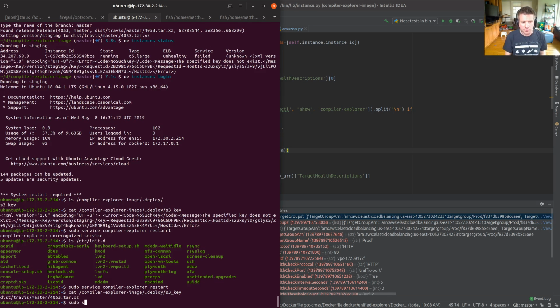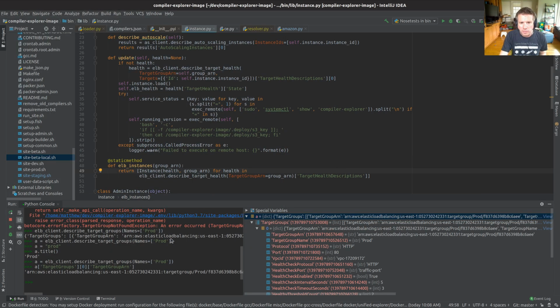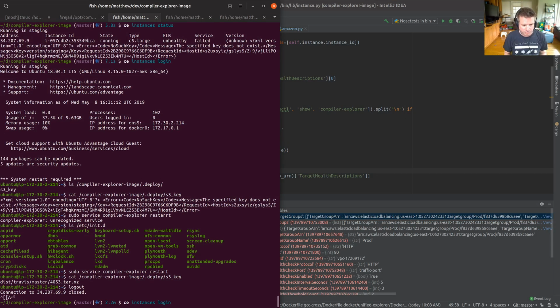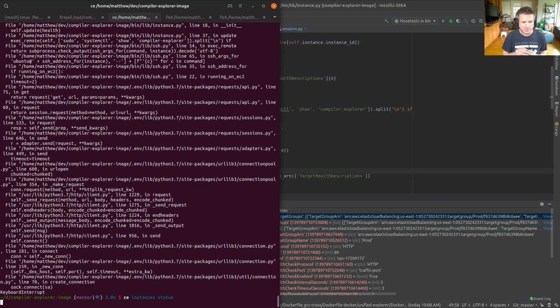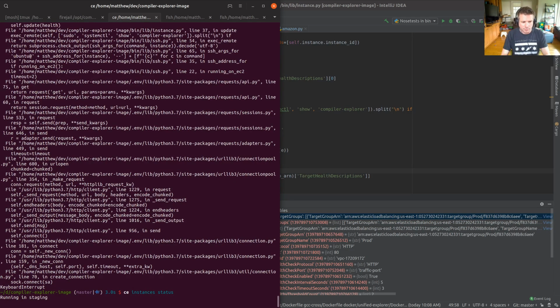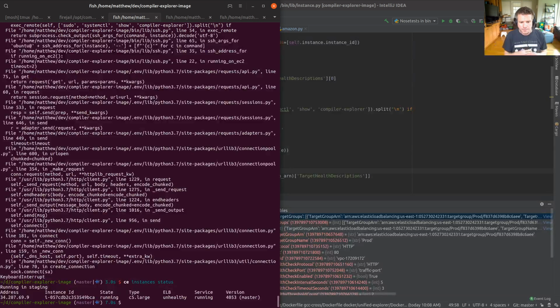Which means that there's a decent chance that I can do sudo service, or what is it up here? Journal.ctl show. No, let's log off the machine and do it the proper way. No, less haste, more speed. Status. Drum roll again. Okay, so it's now running. Yay. It's the right instance size. It is unhealthy in the elastic load balancer, which should now really say ALB, but ELB, ALB, whatever. The service is running and it's version 4053.